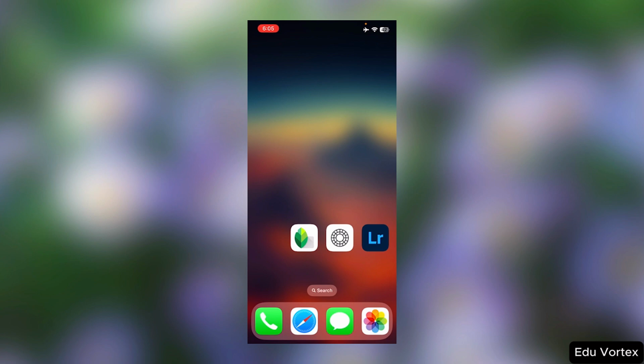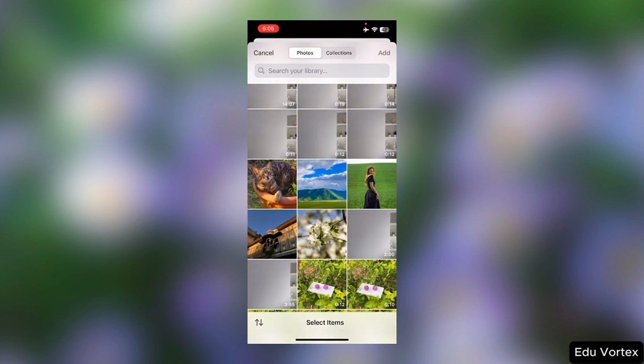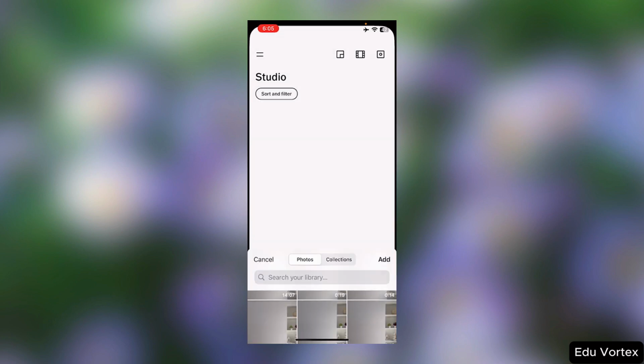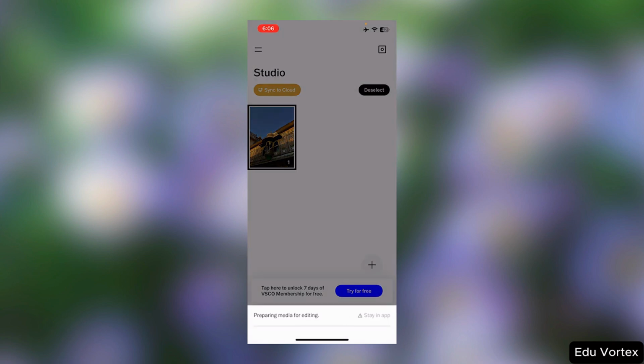Let's start. Let's open up the app. Personally, I don't recommend paying for the VSCO app because it is not worth it, but to each their own. Click on the plus icon to import a photo. Let's edit this vintage. I think it is the Rajasthan's city palace, Udaipur city palace rather. So let's see. Click on edit image,